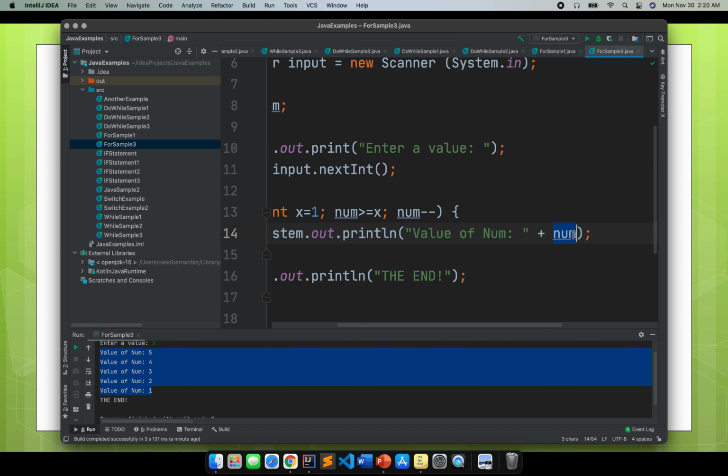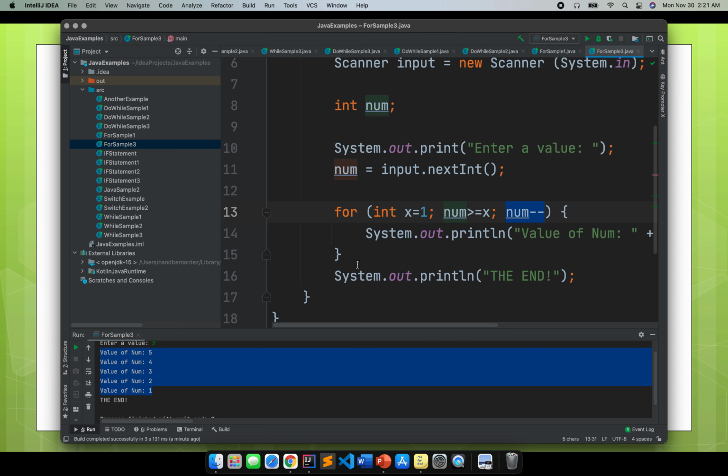So it will display the num. For example, I inputted 5, so it will display 5. Then after displaying 5, it will decrement the 5 by 1. So the 5 will become 4, then it will loop and loop and loop as long as it is not less than 1. Okay,